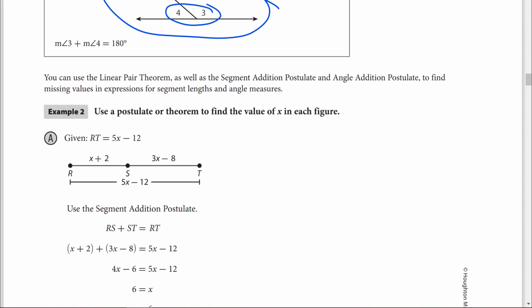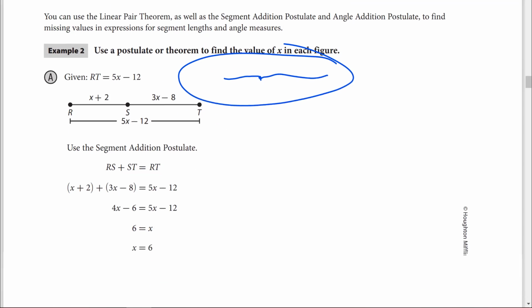So we're going to use this angle addition and what we've done before, segment addition, which says if I have two segments added together, I can add their lengths. We're going to pretend that's a straight line. And we're going to prove a couple things. So here we go with